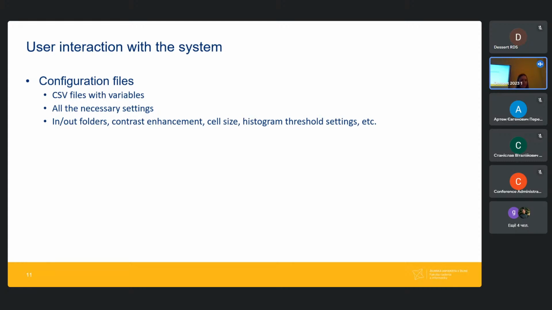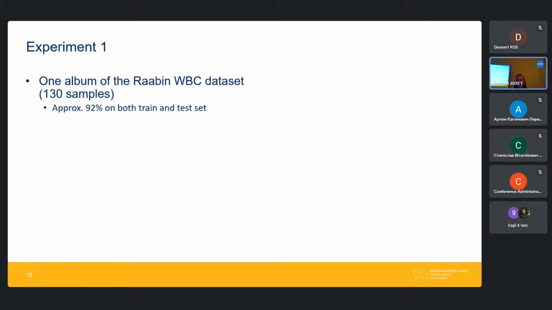It includes all the parametrical values for measurements and everything that the user can change in the system. Two experiments were held to make the solution run and to test it. The first experiment was just taking one album of the Rabin VBC dataset, which was approximately